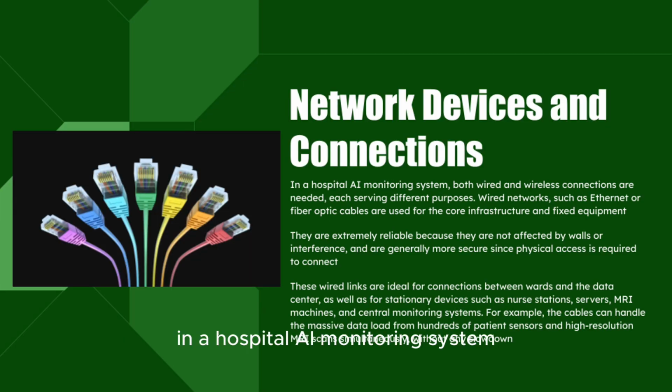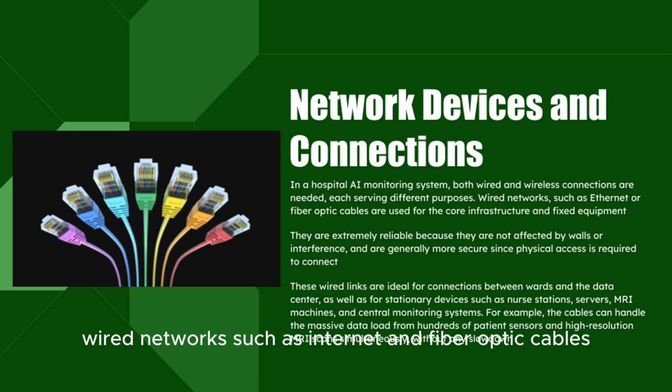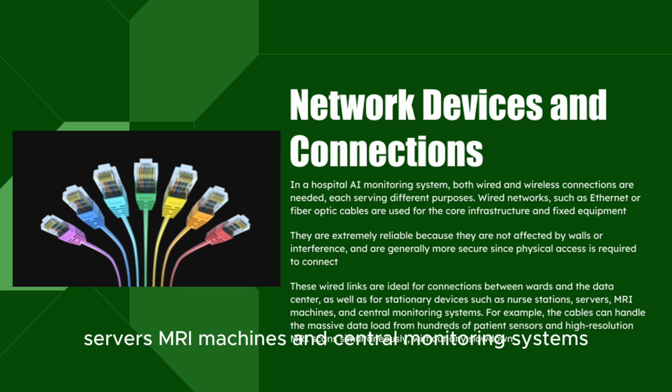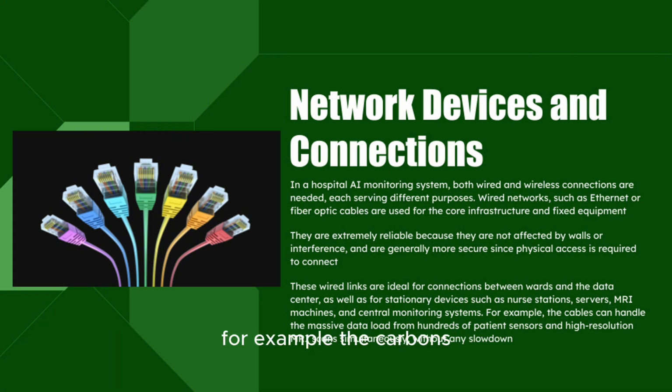In a hospital AI monitoring system, both wired and wireless connections are needed, each serving a different purpose. Wired networks, such as ethernet and fiber optic cables, are used for the core infrastructure and fixed equipment. They are extremely reliable because they are not affected by walls or interference, and are generally more secure since physical access is required to connect. These wired links are ideal for connections between wards and the data center, as well as stationary devices such as nurse stations, servers, MRI machines, and central monitoring systems. For example, the cables can handle the massive data load from hundreds of patients' sensors and the high-resolution MRI scans